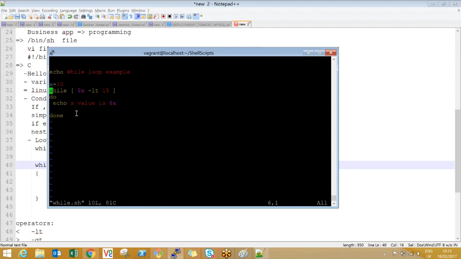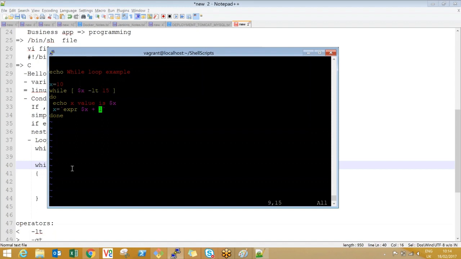Now to come out of the loop at a certain time, we have to change the x value. So what I can do is x equal to expression $x plus 1. If I do this, what will happen? First time it is 10 less than 15, second time 11 less than 15, third time 12, fourth time 13, fifth time 14, then 15. Is 15 less than 15?